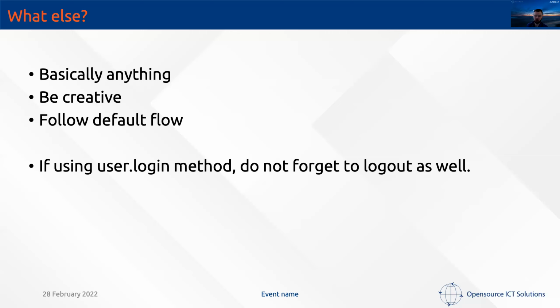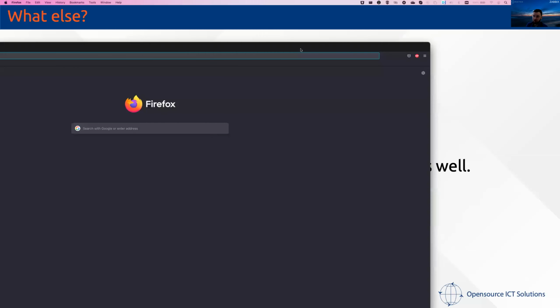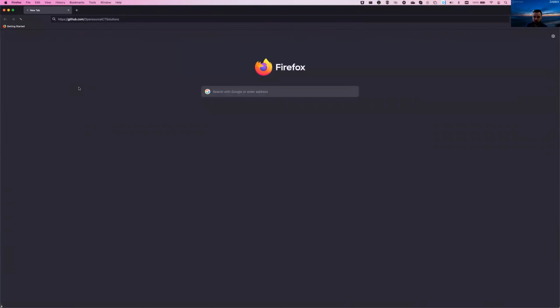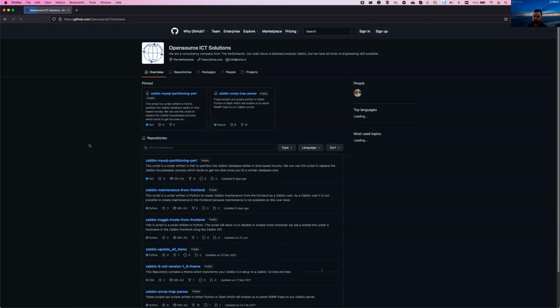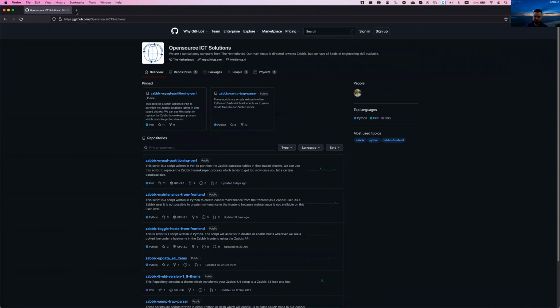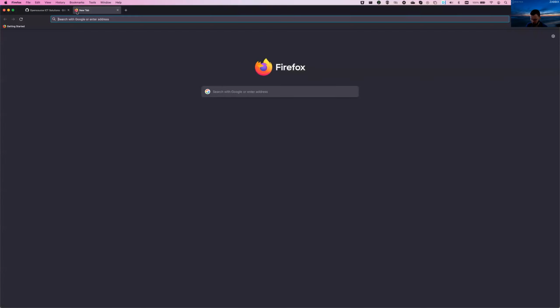Do not forget to upload your cool implementations to GitHub. We also upload to GitHub. So if you are ever looking for some cool API-based or not API-based implementations, you can find them over on our GitHub, open source ICT solutions. There are some cool Zabbix implementations right there, and there's a bunch of cool implementations done by other people as well. For example,